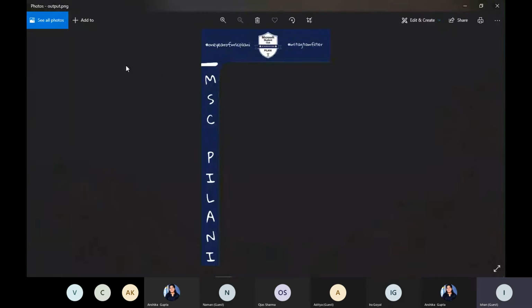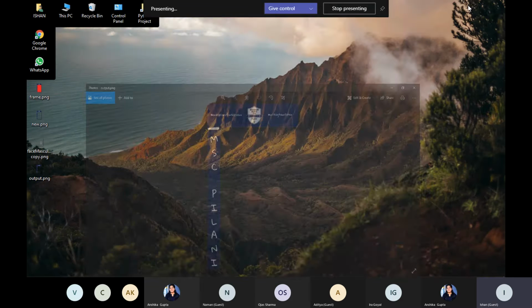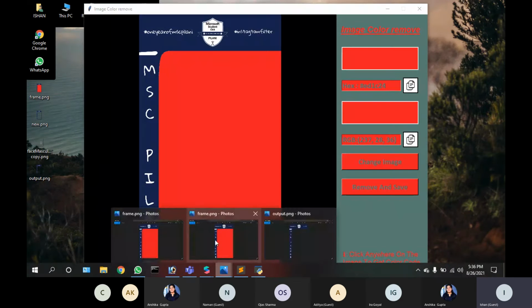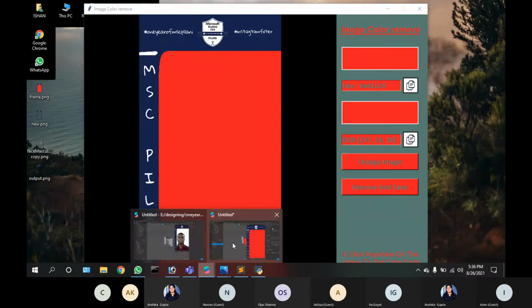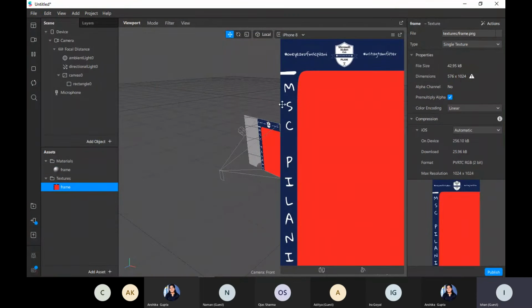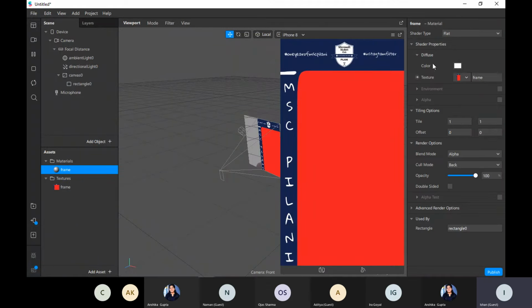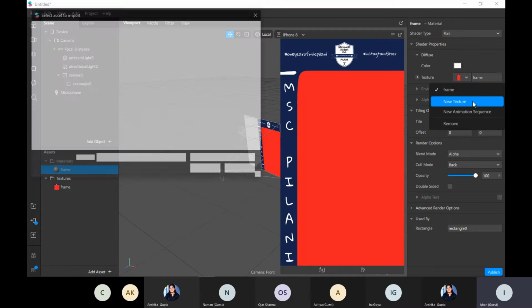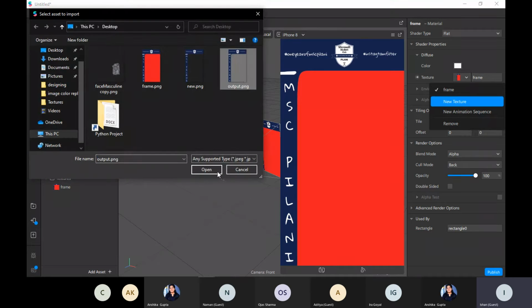Now when I open it, I see only this frame. So now let me go back to Spark AR. I don't want this frame because this is the complete whole frame. So I'll go back to my material, click here and click on add new texture, and I'll choose this output file.